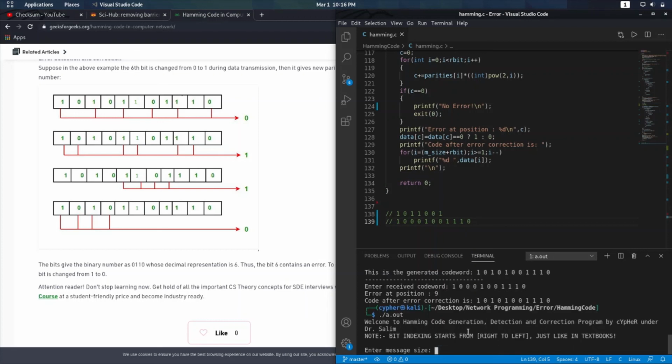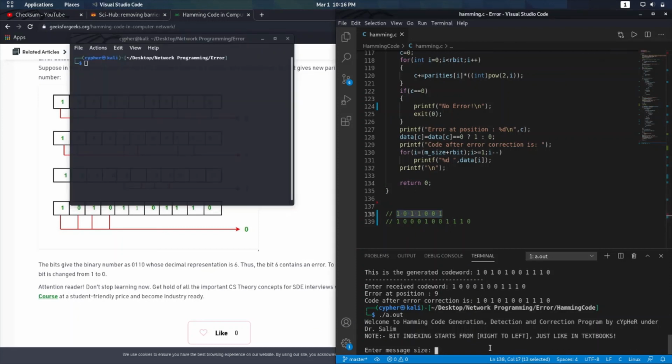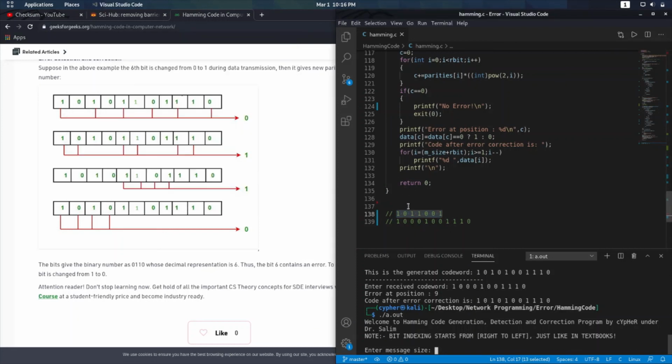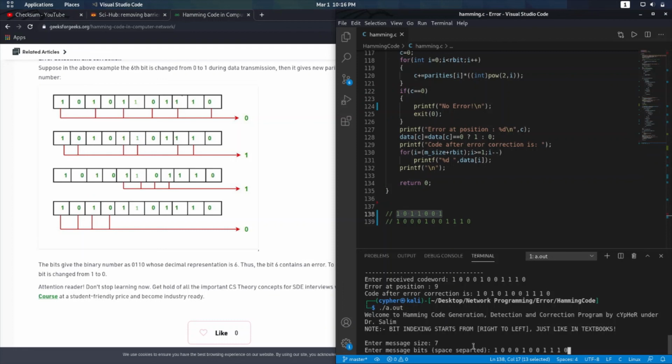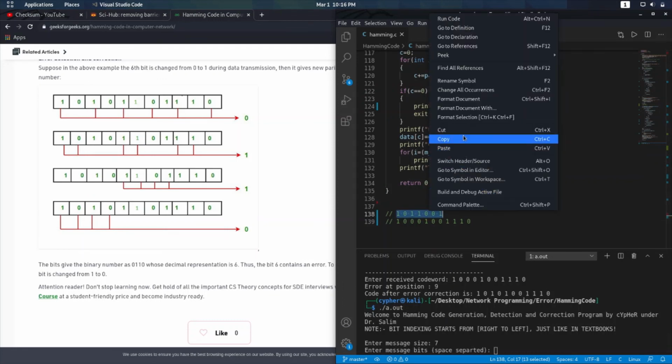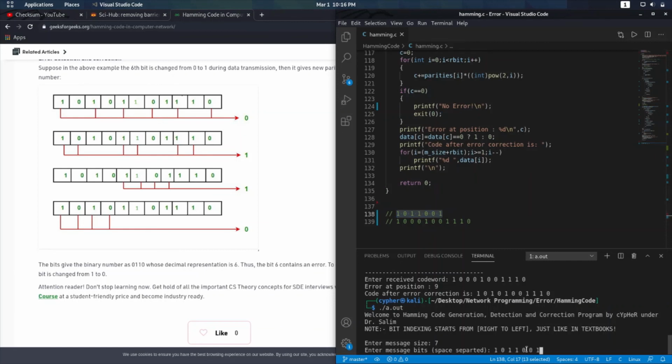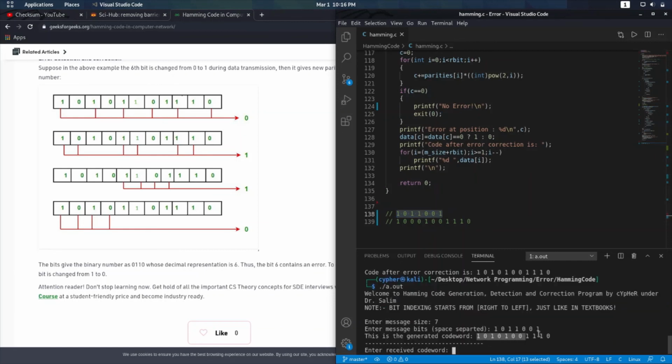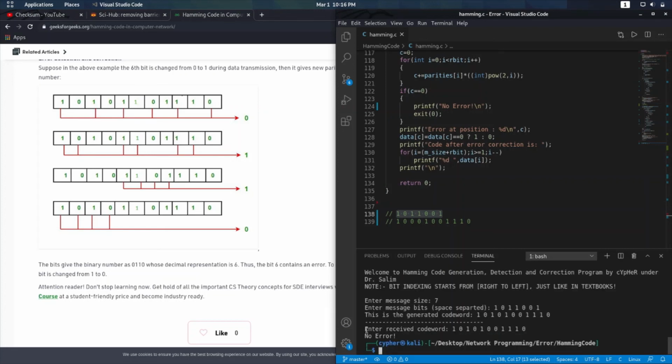Let's do it with the correct one this time. Enough is enough. This is the code word, the correct one, and it is accepting it. The received code word is this one, and there is no error.